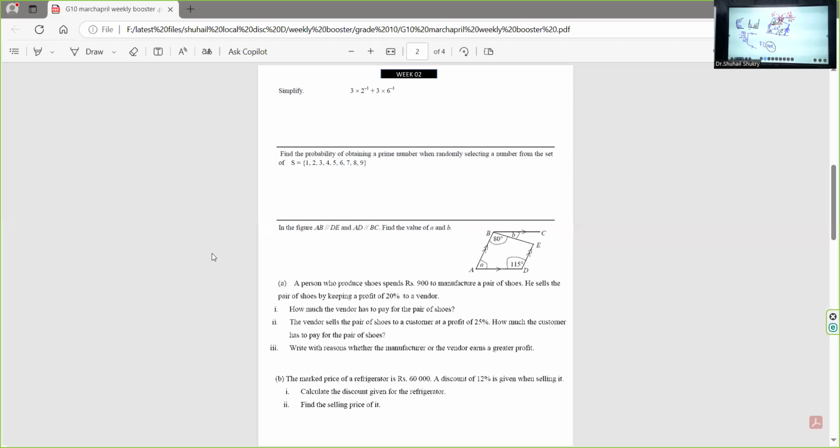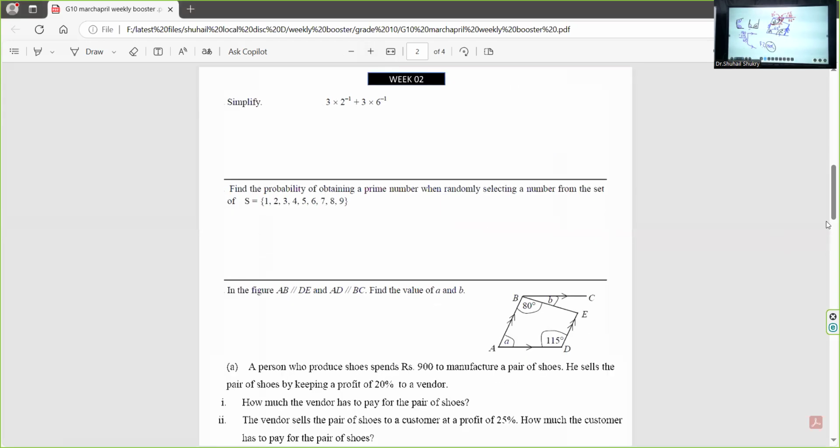Now we are going to go for the next set of questions, Putta. That is about percentage. So in this percentage, the first thing,